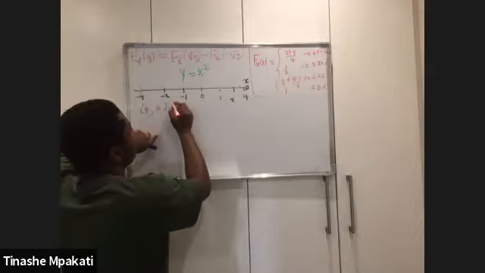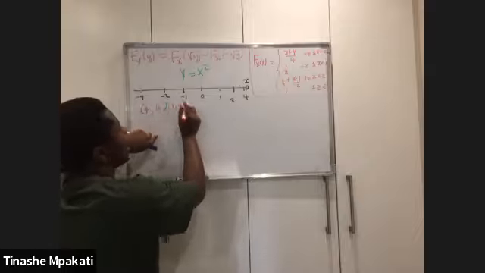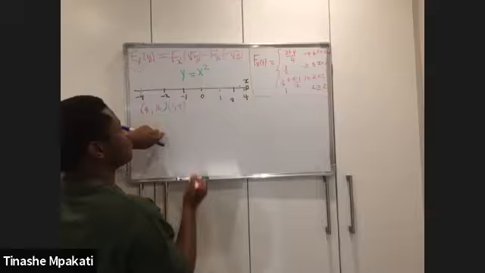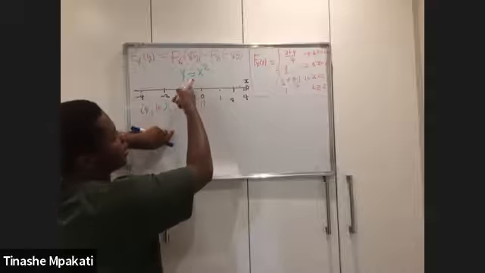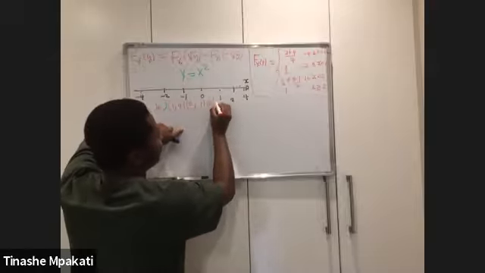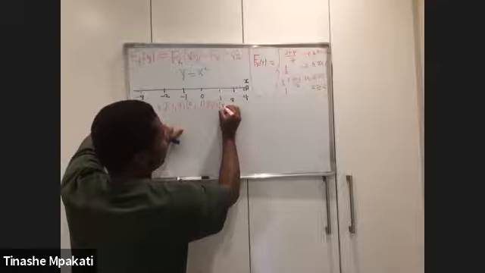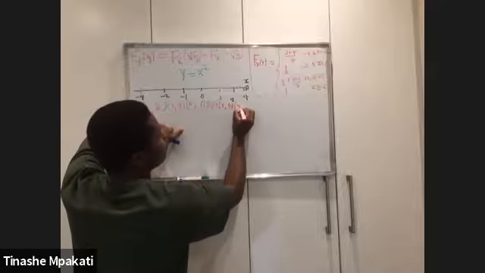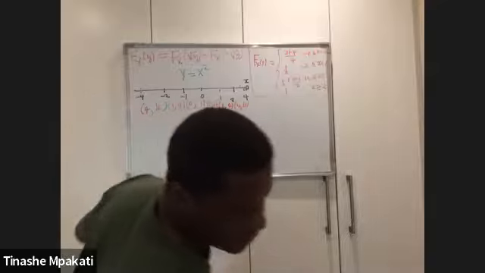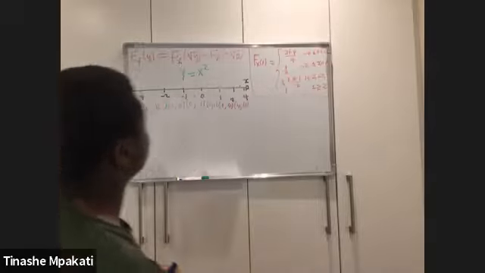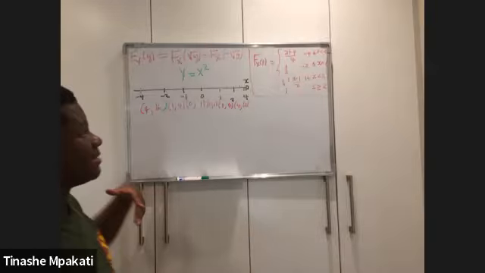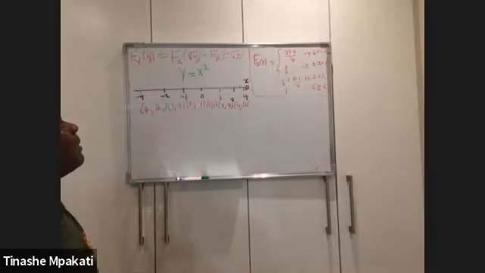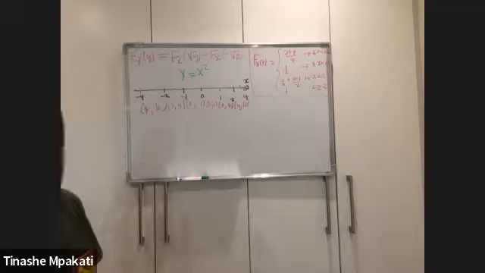And then here, what I would have is the 1 and the 4. Why? Because I have minus 1 squared and minus 2 squared. Then here I will have my 0 to 1 because it's 0 squared and 1 squared. I'll have the same thing here. I'll have my 1 to 4, and I'll have my 4 to 16. Okay, so all I've done so far is just I considered what my x values are. Now I just try to make possible intervals for my y based on what I'm told my y is there, as we are told that y is equal to x squared.